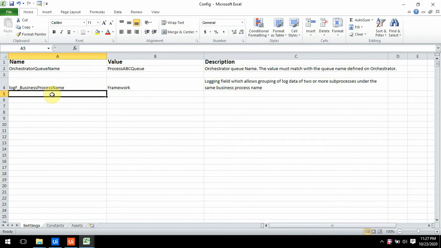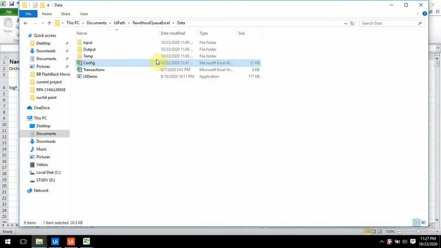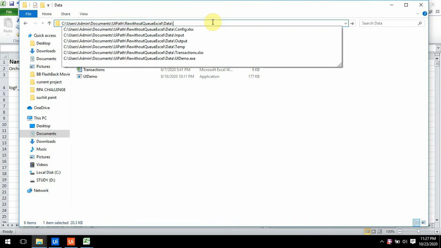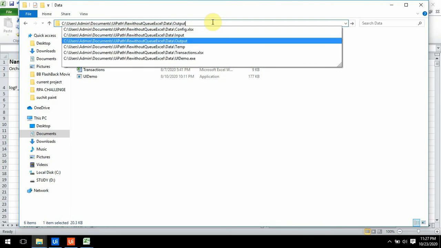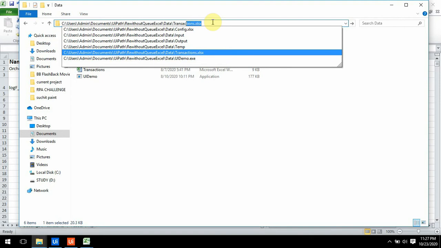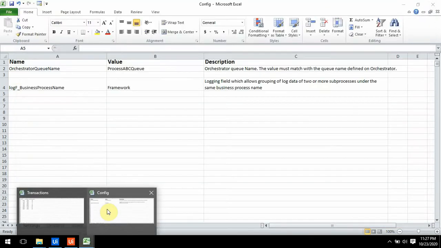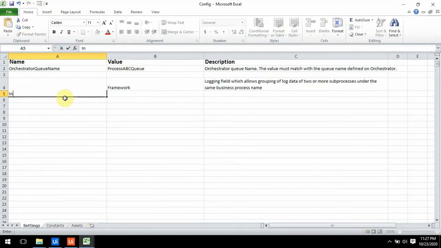So let's start with assigning the path for the Excel sheet. Since we are using the data folder, we require only the last part, that is the name of the Excel sheet. Just copy till this only, and in the config file write any name. For example, we are writing input file.